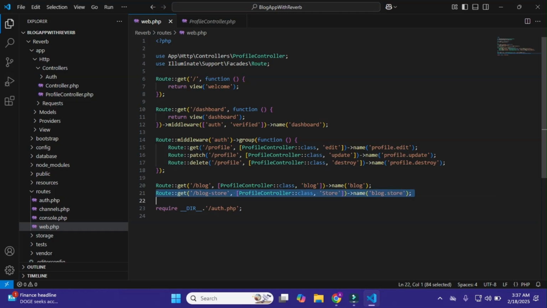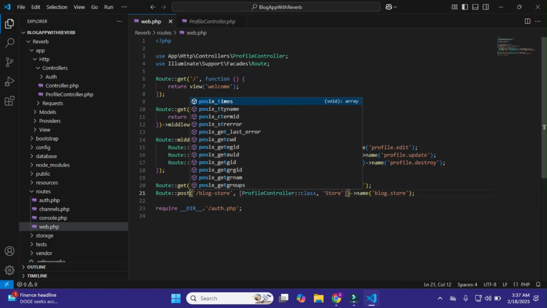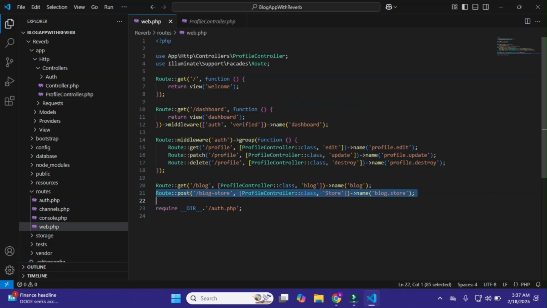Okay, that's it. We just simply do this, and this function is a post request. Okay, and now I'll just simply copy it and paste it here, and this time I have blog delete, blog slash id. Okay, and now I have this delete, and it is blog.destroy. I'll just simply name this to my destroy function.